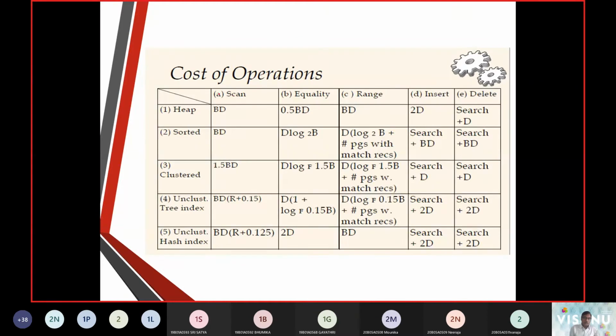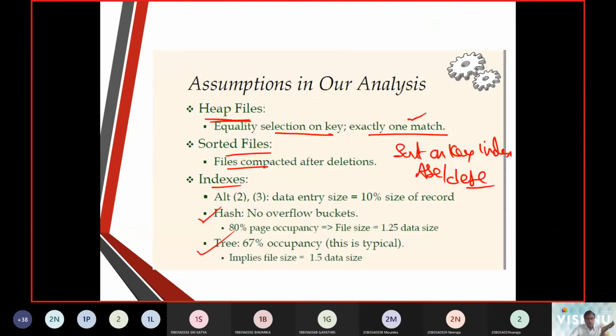Now to estimate the cost, we are working with B, we are working with R, and we work with D. 1, we work with B, 2, we work with R, 3, we work with D. Number of records on the page, number of pages, we talked about this.